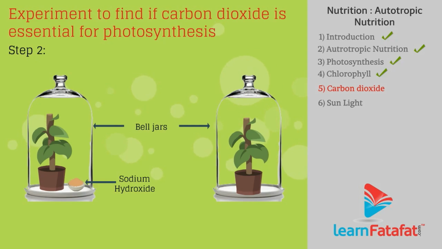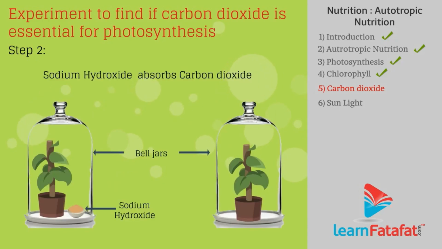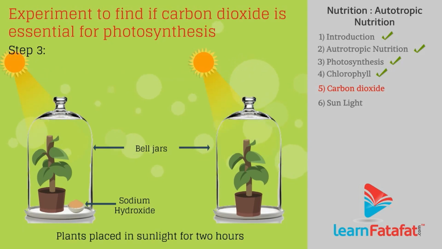Cover the plants with separate bell jars and seal their bottoms with Vaseline. Sodium hydroxide absorbs the carbon dioxide present in one jar. Hence, there is no carbon dioxide for photosynthesis. Keep the plants in sunlight for 2 hours and check a leaf of one